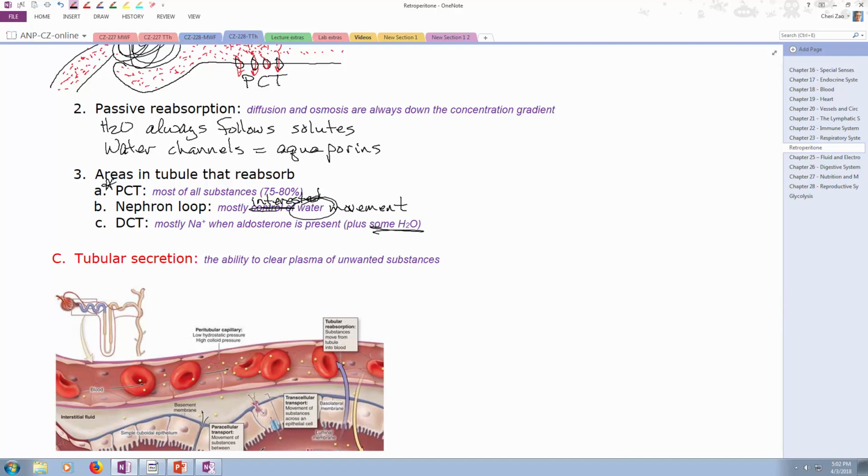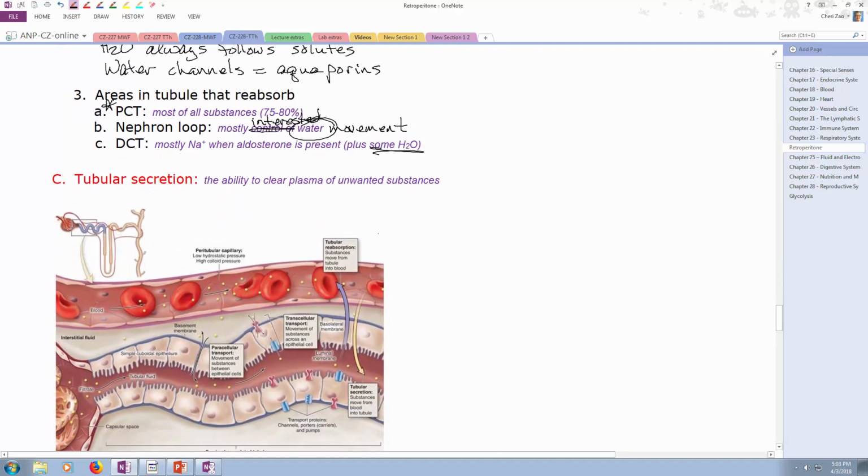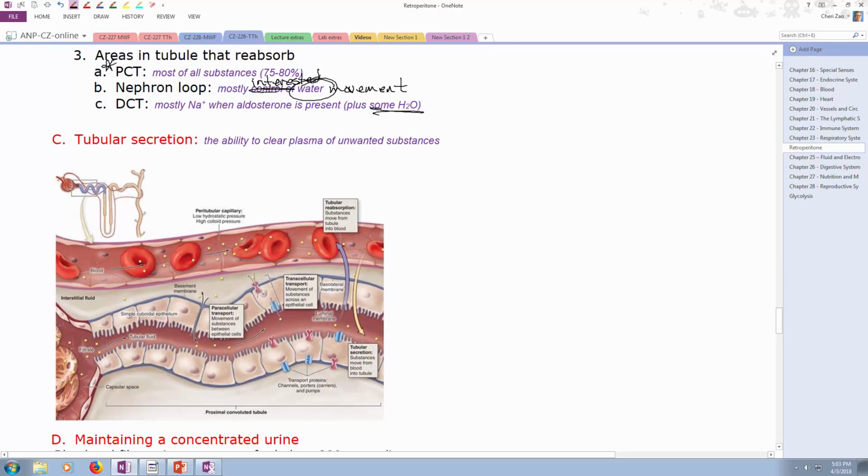The last thing that will happen with our nephron and collecting duct is tubular secretion. The cells of the tubule are actually able to clear our blood plasma of unwanted substances that are still in the bloodstream. So maybe we didn't get enough of this stuff in the filtrate, and we have too much still in the bloodstream, and so we want to pump it into the filtrate, which will eventually become urine,